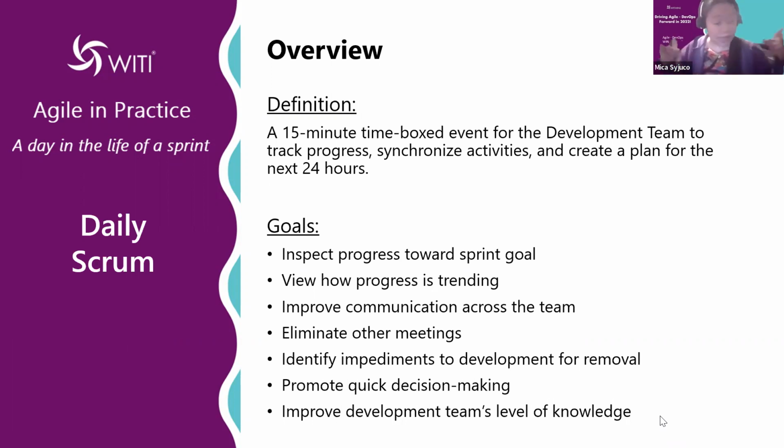And so, yeah, you inspect your progress, you understand, are we trending towards completing it in 2 weeks? If your sprint is 2 weeks, in your daily Scrum, you're going to see in that 15 minutes, quickly, okay, are we progressing the way we need to progress within 10 working days to get to the finish line? And if we're not, what do we need to adjust, right? What do we need to adapt to make sure that we get to deliver value to the client by the end of sprint?